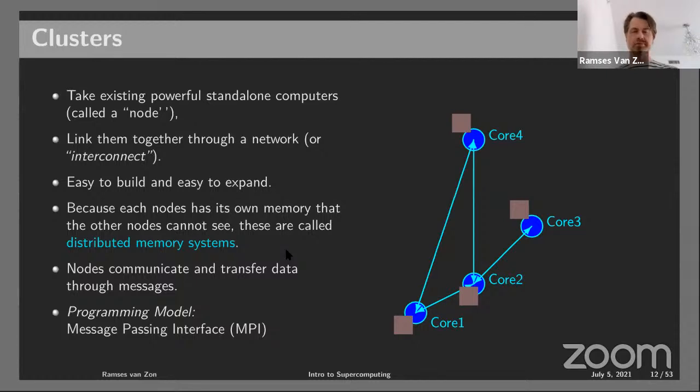So that's a cluster. For a while, these were very popular because you could make them fairly easily. And for a while, they did have just a single core. Multi-core computers came around the time when the clock speeds no longer increased, right? So that made sense. But before that, this was a very common way to make a supercomputer.